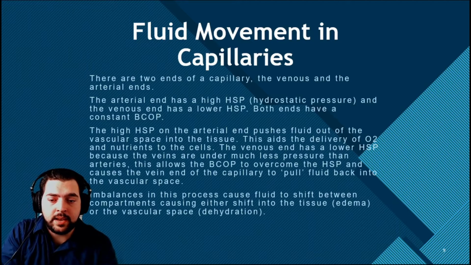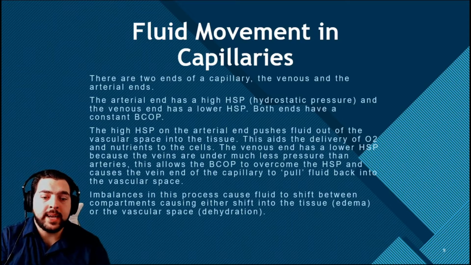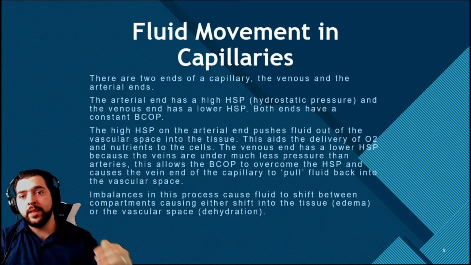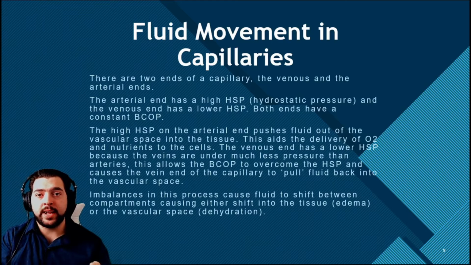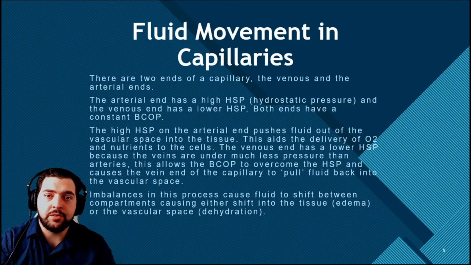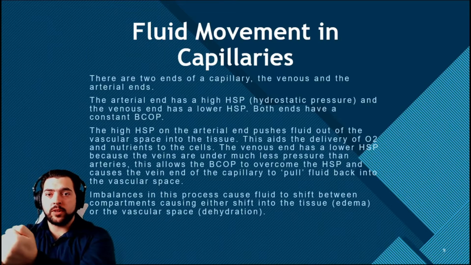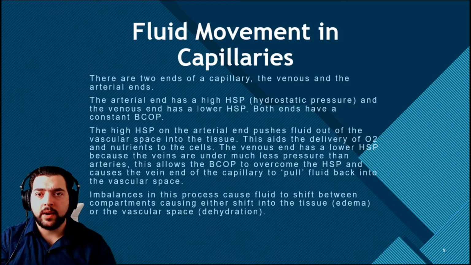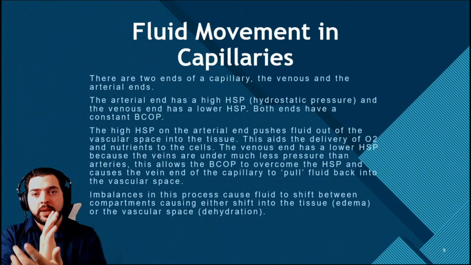Now on the venous end, because it's got a low hydrostatic pressure, they're going to pull the fluid back in because now that blood colloid osmotic pressure has an opportunity to be stronger than the hydrostatic pressure and start to enact its force. So hydrostatic pressure pushes, colloid osmotic pressure pulls. And that's kind of how the capillaries work. On the arterial end, the push is stronger, so fluid leaves. On the venous end, the pull is stronger, so fluid comes in. And ideally, the point where they're the same is kind of in the middle. So you have as much time where it's pushing out as you do where it's pulling in,